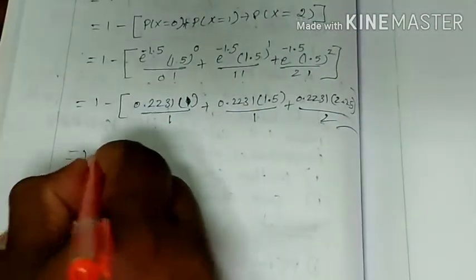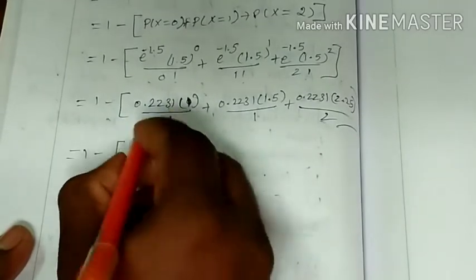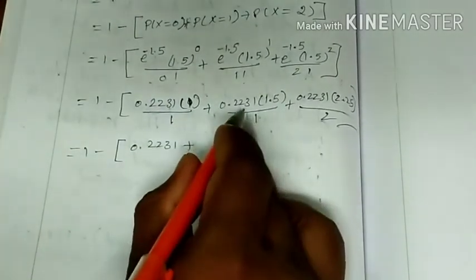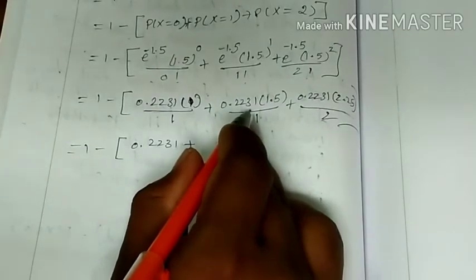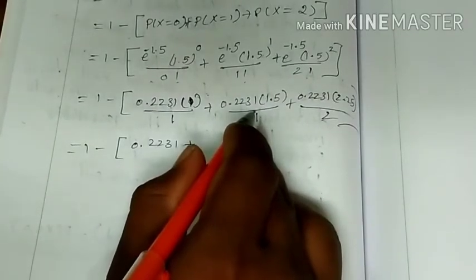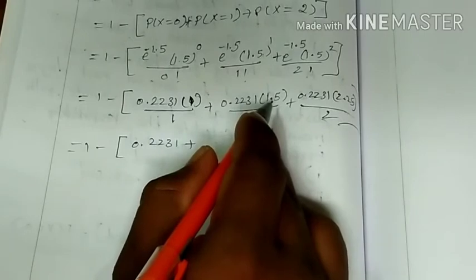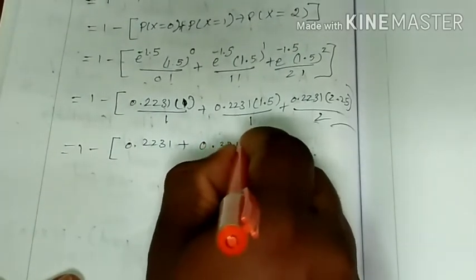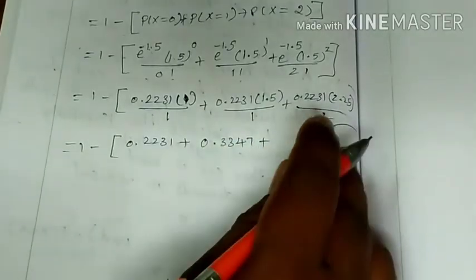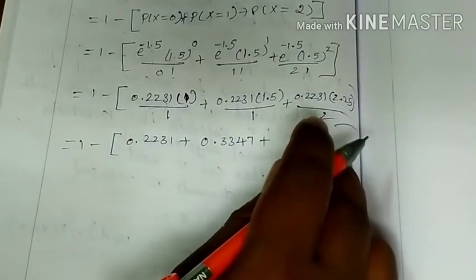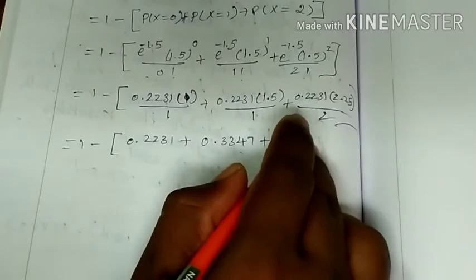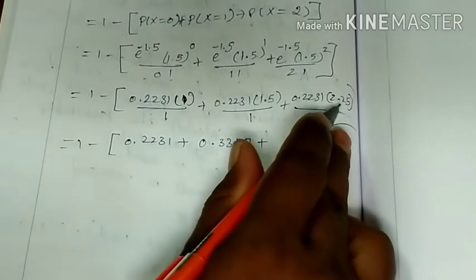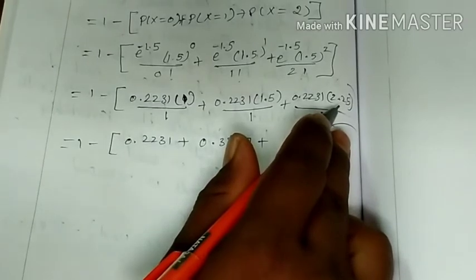Next, simplification: 1 into this value, the same 0.2231, plus 0.2231 into 1.5 equal to 0.3347, plus 0.2231 into 2.25, which is equal to